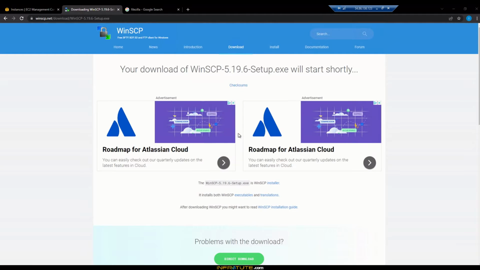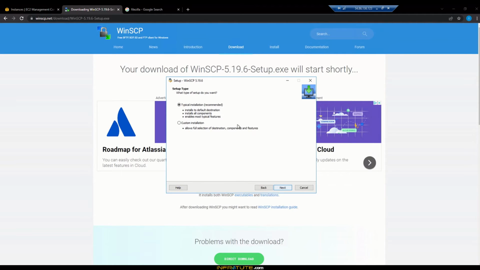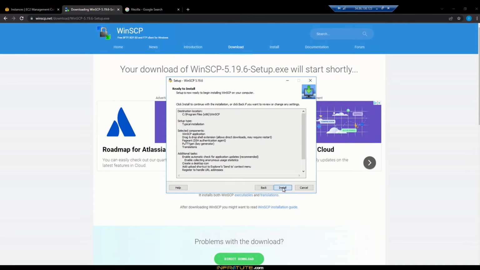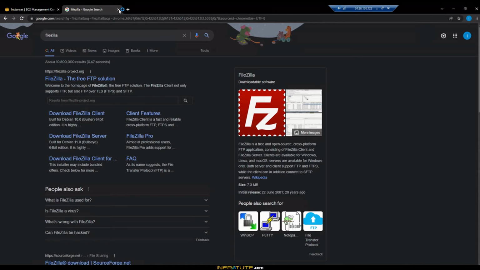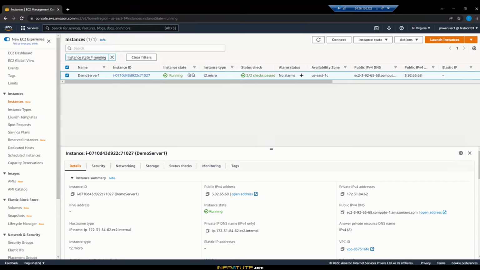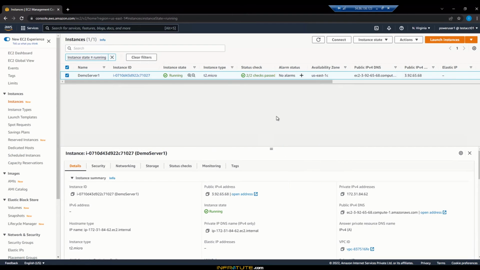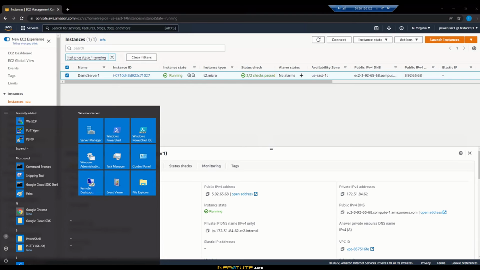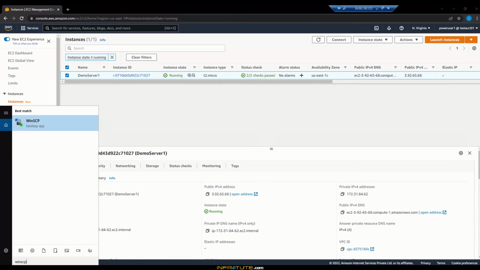I want to install this for all users, so that all the users who log on to this machine will be able to access WinSCP. That's about it. It was as simple as that. And now WinSCP should have been installed for me. To launch WinSCP, type WinSCP in the search bar on your Windows machine, and